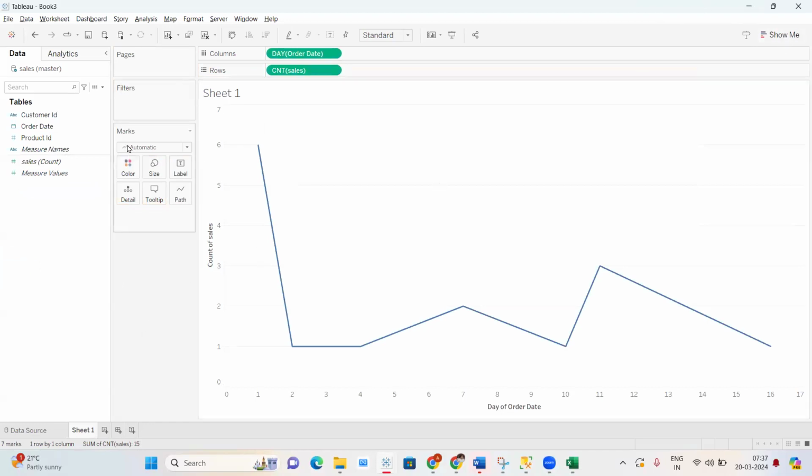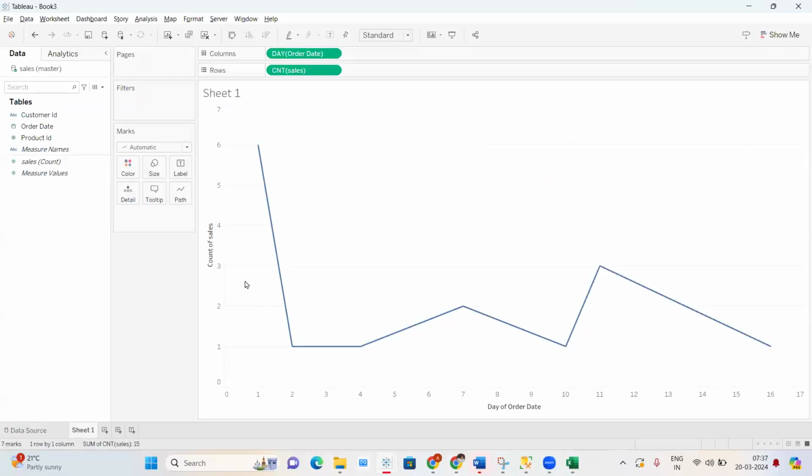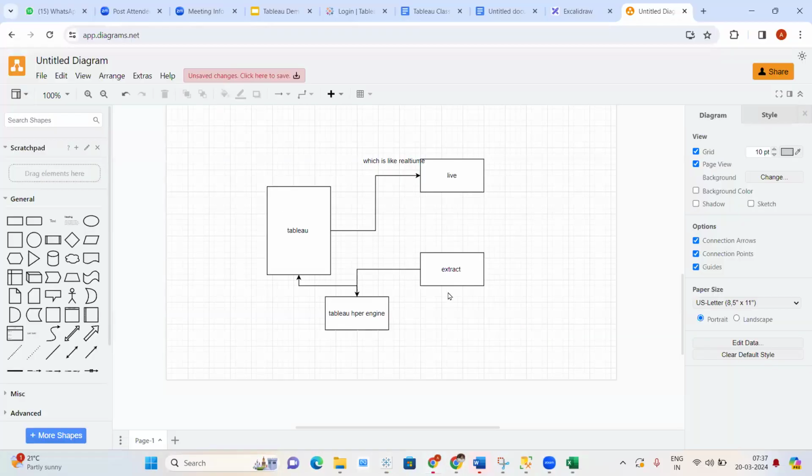Now, this line graph is there, and I'm connected through a Tableau server through a live connection, right? But when we go to extract, the data set is so small that, okay, let's not. What's happening is basically the data source is so small in Tableau SQL Server that it's taking less time. So ideally, what should happen is, when you are connected to Tableau through live and